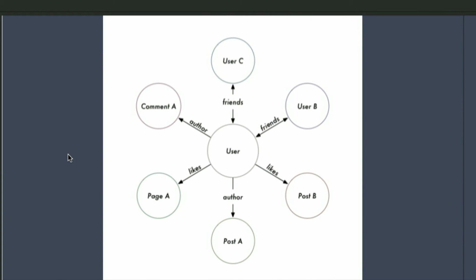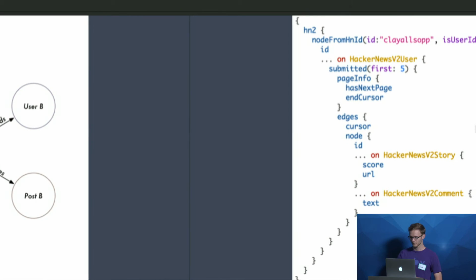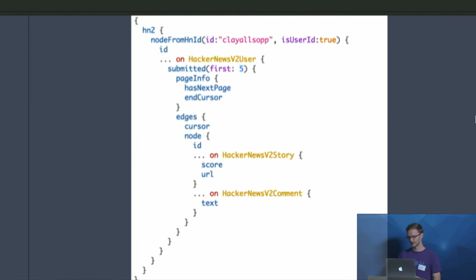And so to make this illustrative, the way that Relay wants you to think about it is your data as truly a graph. So you can query any of these different objects in your graph independently. You can query the current user, or you can query any comment or post and the edges connected to them using globally unique IDs. And so the problem with the original Hacker News API I had constructed with GraphQL was that it didn't conform to this at all. It was just kids and these other nouns and verbs that it didn't really know what to do with.